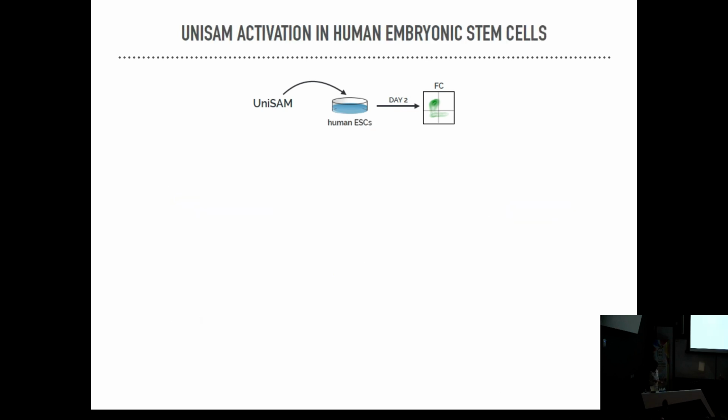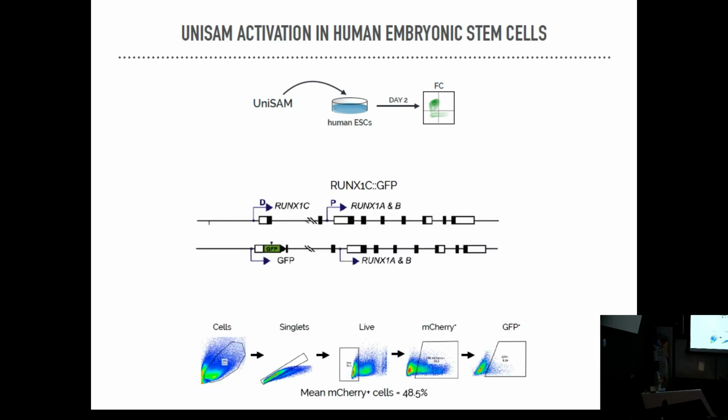And then we moved on to our UNIS. So what I want to say is that a lot of people have been using cell lines which are easy to manipulate. UNIS are not easy to manipulate, and it's really difficult sometimes to find the balance between manipulation and cell viability. So that was really the main point of our work. So to do this, we used a reporter line, which means that you can simply put a fluorescent protein in your gene of interest. And then if your cells turn fluorescent, it means that your gene is active. If your cells do not turn fluorescent, you didn't activate the expression.